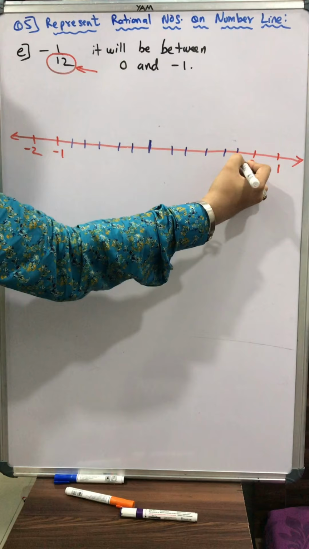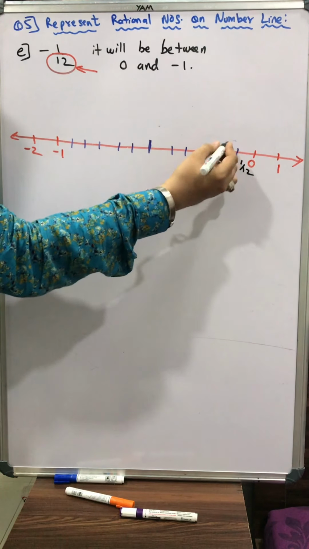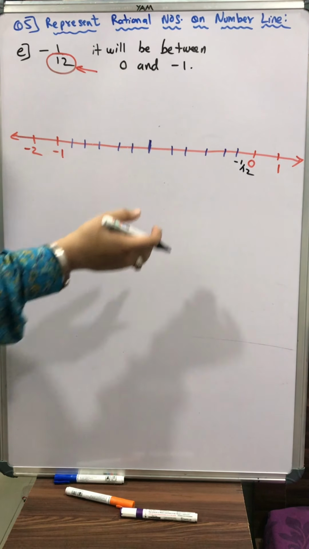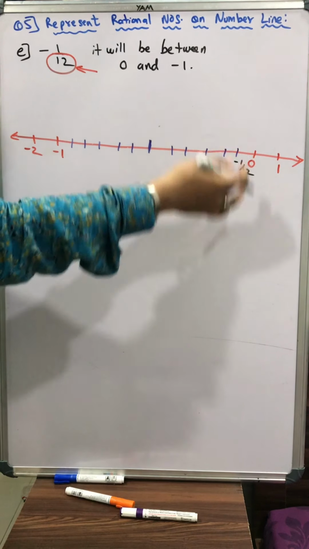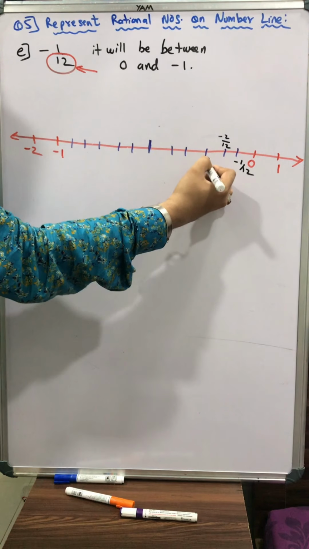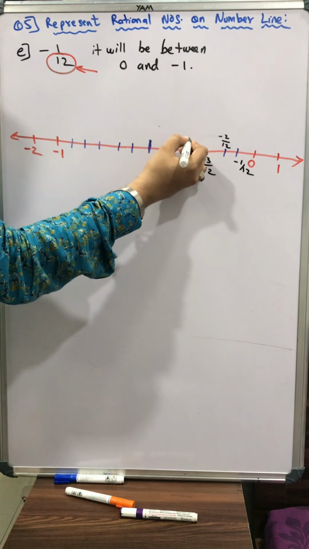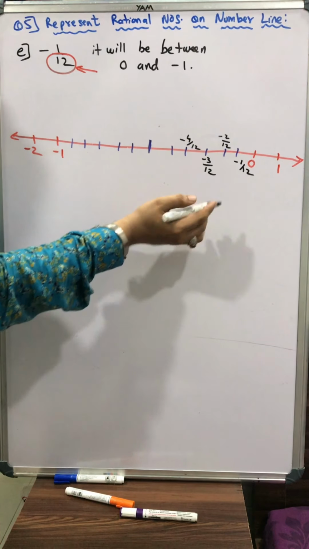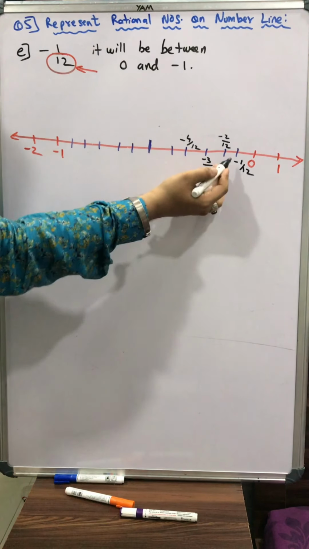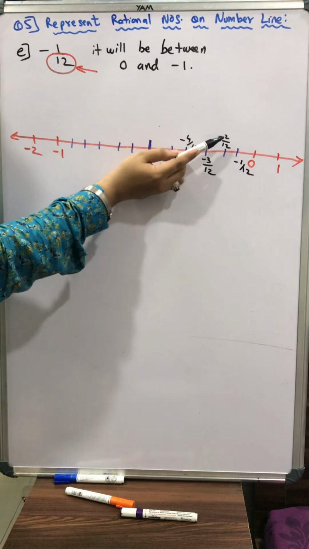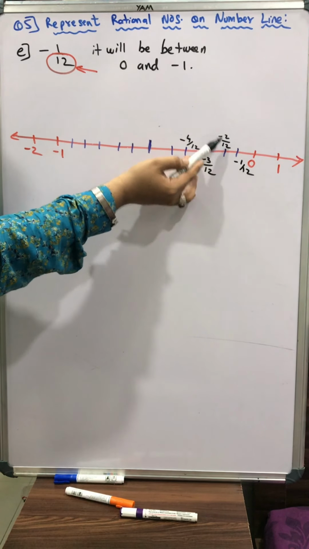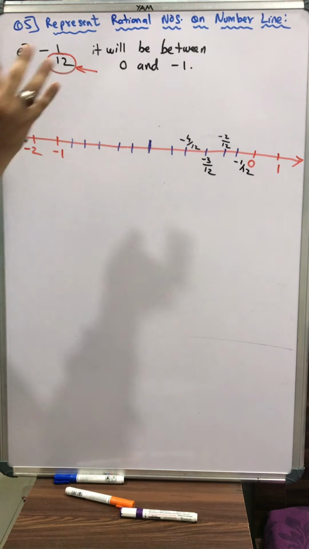So now can I say -1 upon 12, the first one. If I write all the fractions here down, I have no place. So I'll do alternate. 1 down, 1 up, 1 down, 1 up. This will be -2 upon 12. This will be -3 upon 12. This will be -4 upon 12. First stroke, so 1 upon 12 because there are 12 equal parts. And minus because we are on the left hand side. This is the second stroke, so 2 in the numerator and 12 because we have 12 equal parts. It's a second out of 12. Minus because it's on the left hand side. Minus is just because it's on the left hand side.